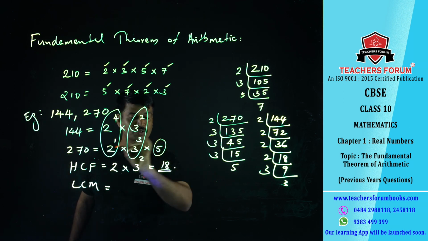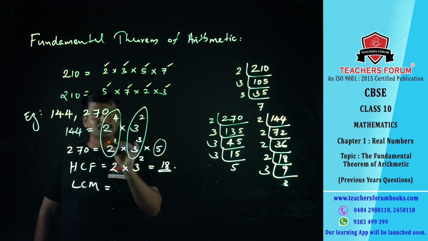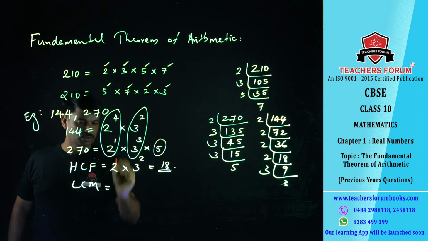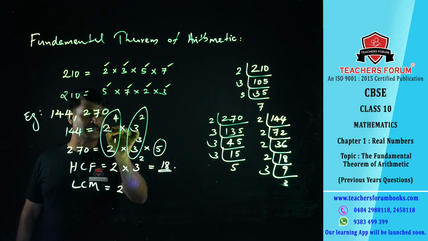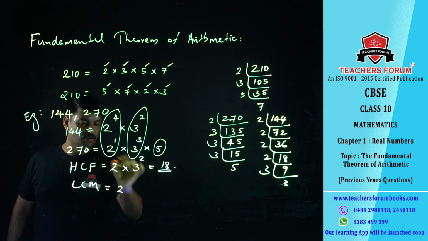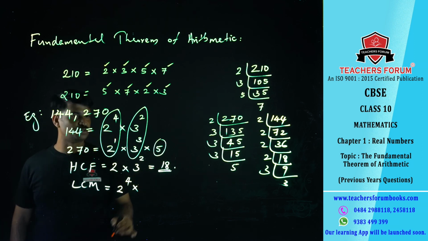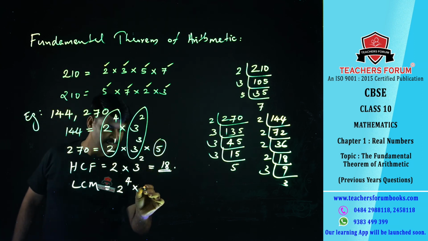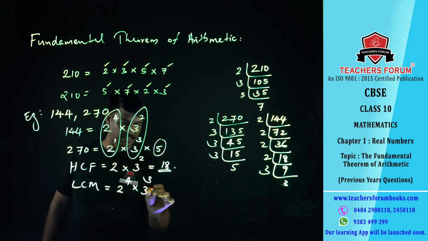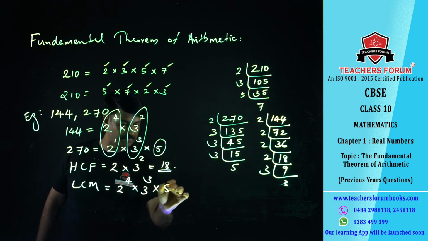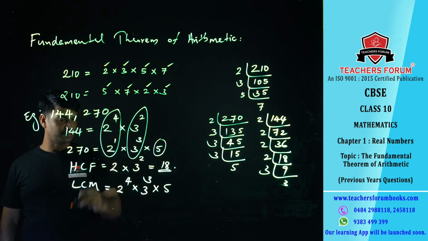So here you are also going to consider 5. Now to find LCM, among these two, you should go for the prime number with the greatest power. So you should go for 2 raised to 4 into, here you should go for 3 raised to 3, because 3 is the highest degree. Now into 5. This will be the LCM of these two given numbers.